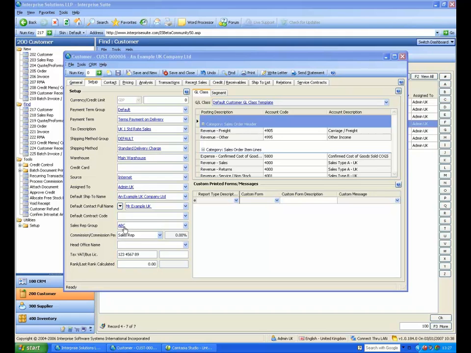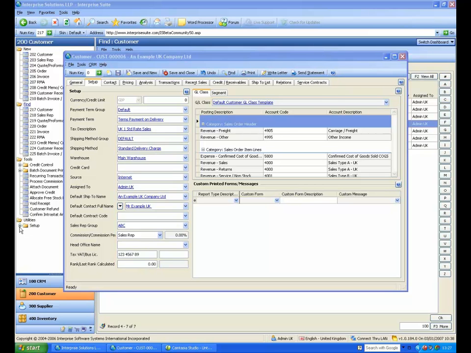and down here we have things like whether there is a rep assigned to them as default, even though you can assign to every order or invoice a different sales rep or multiple sales reps, so you can split the commission. We have full commission processing functionality. Then what's their VAT registration and registration number, and we also have something called customer ranking,